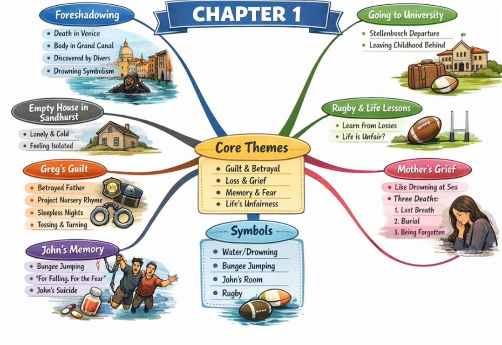And the house feels heavy because Greg himself is carrying this impossible weight. His central conflict is this all-consuming guilt, which is strange because he did what was morally correct. He turned his own father in to the police, for his role in Project Nursery Rhyme. Which, we should clarify, wasn't some petty crime. No, not at all. The analysis implies it was a massive scandal, something with deep corruption, maybe even human rights issues. So Greg chose truth and justice over his own family.